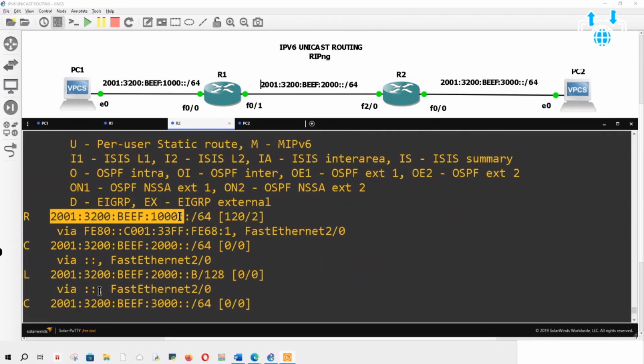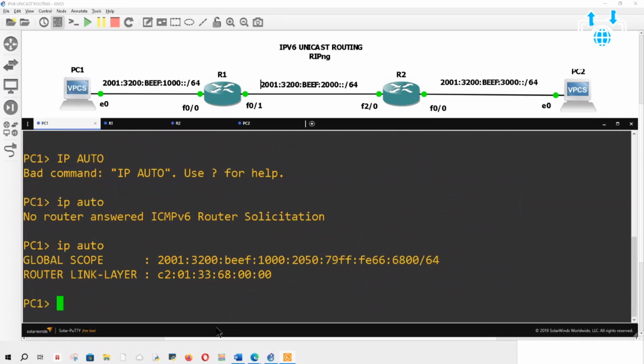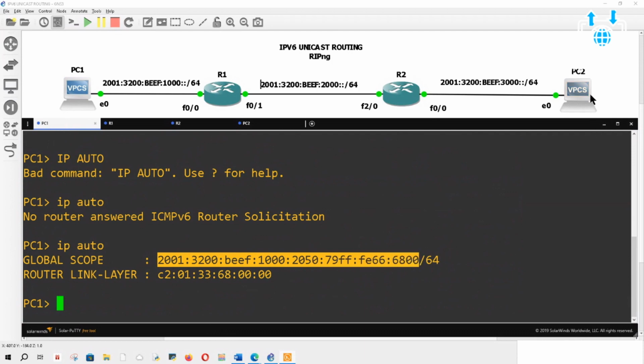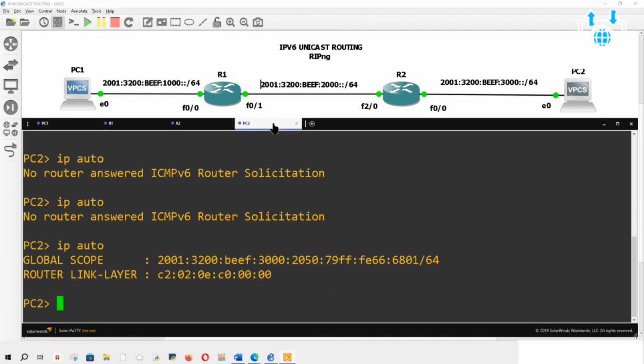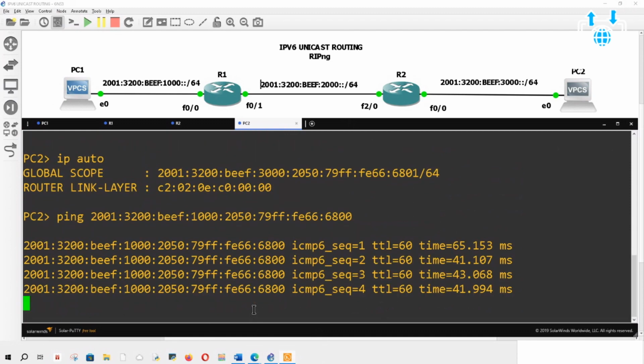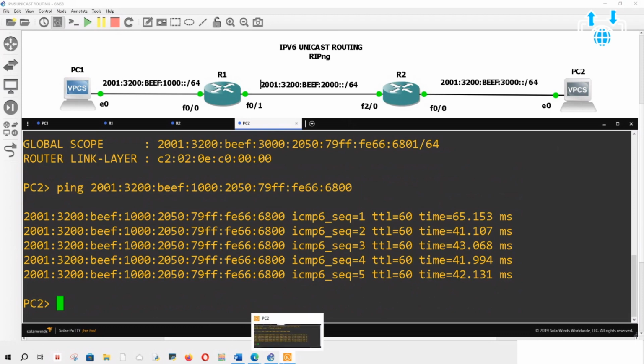We want to go ahead and ping PC1 from PC2. So that will be the test, right? So we're going to come here. We're going to copy this. And then we're going to come over here to, oh, wrong answer. Packet Tracer syndrome. All right. Ping. Paste. And we ping across. Very, very simple, very easy to do.